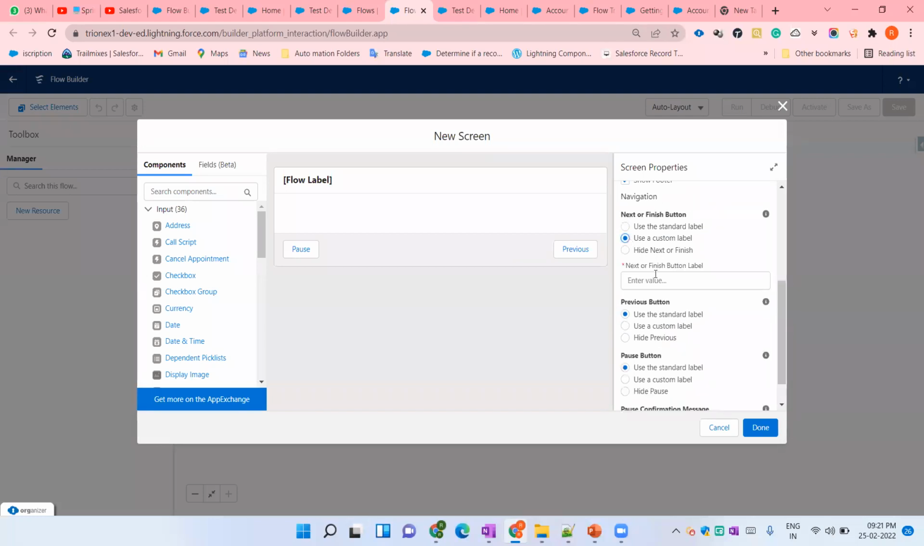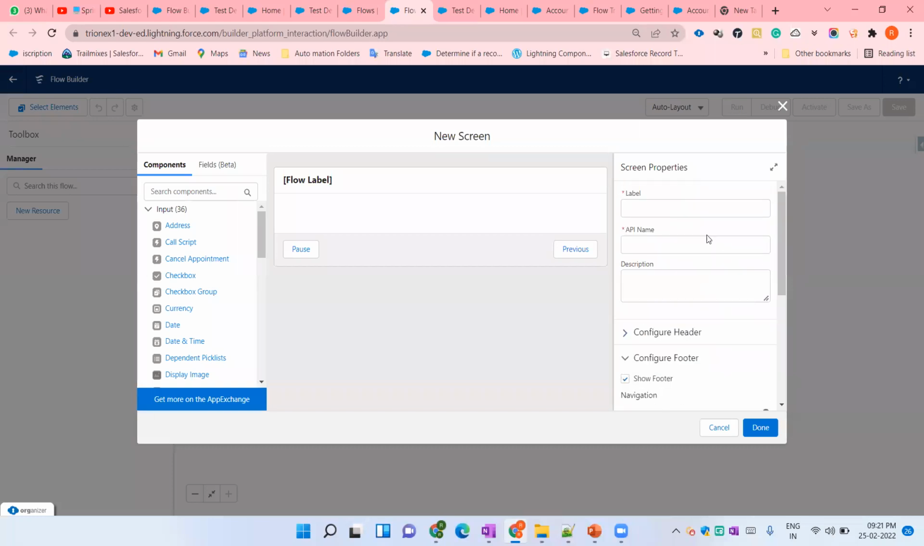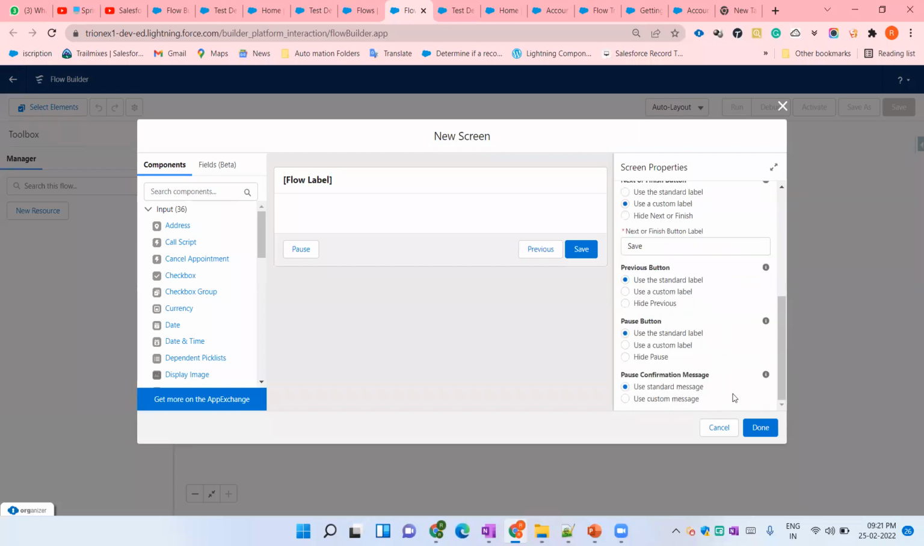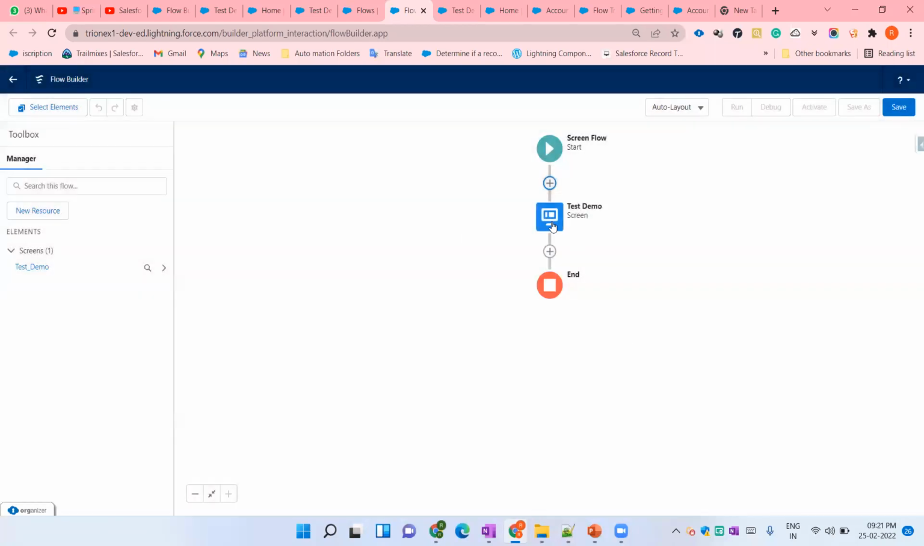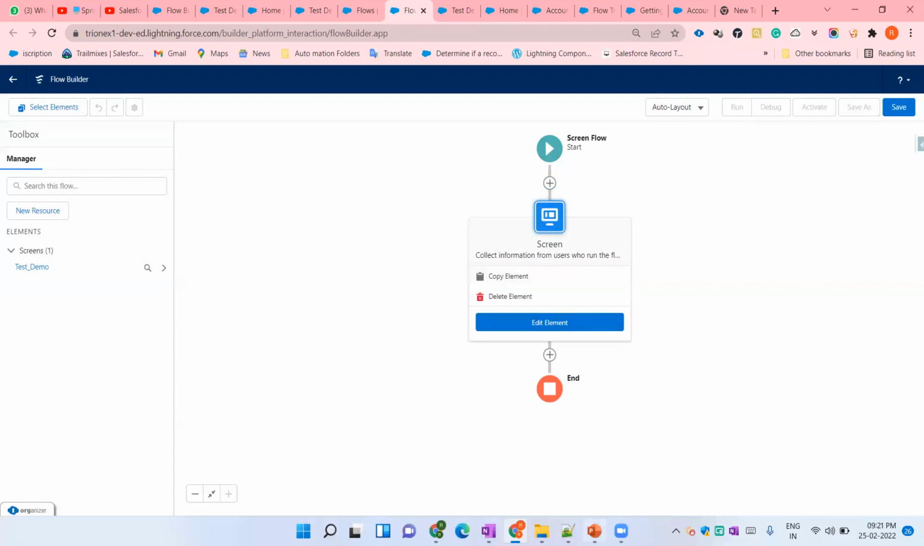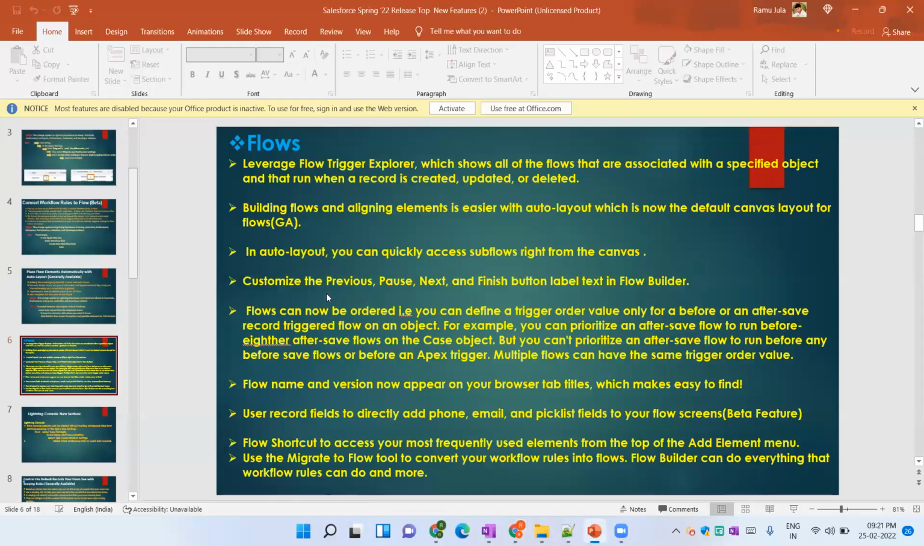Like this. You enter some name. Save. Screen flow label name. Text demo. Yeah, automatically changed. This is the new feature. It is applicable only for screen flow. These buttons are applicable only